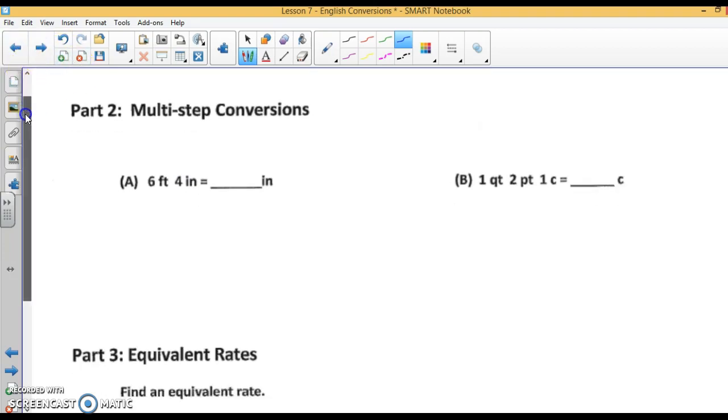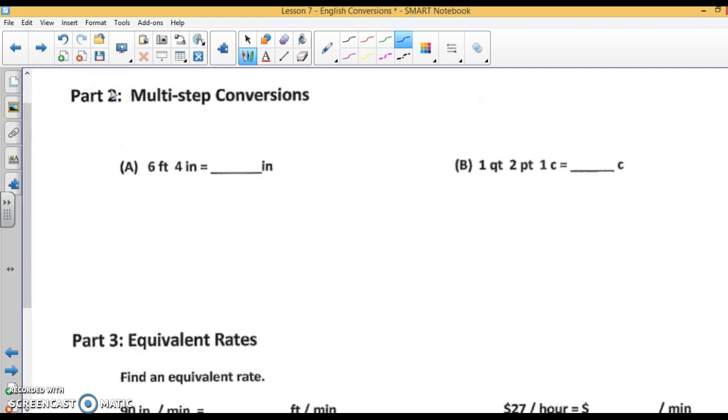All right, multi-step conversions. Let's take a look at this. So, we've got 6 feet, 4 inches, and we want to convert that into inches. Well, this is already inches, so I don't need to convert that. So, I know that my conversion is 1 foot equals 12 inches. So, my cheater fraction, feet over inches. So, look, 1 foot is 12 inches equals